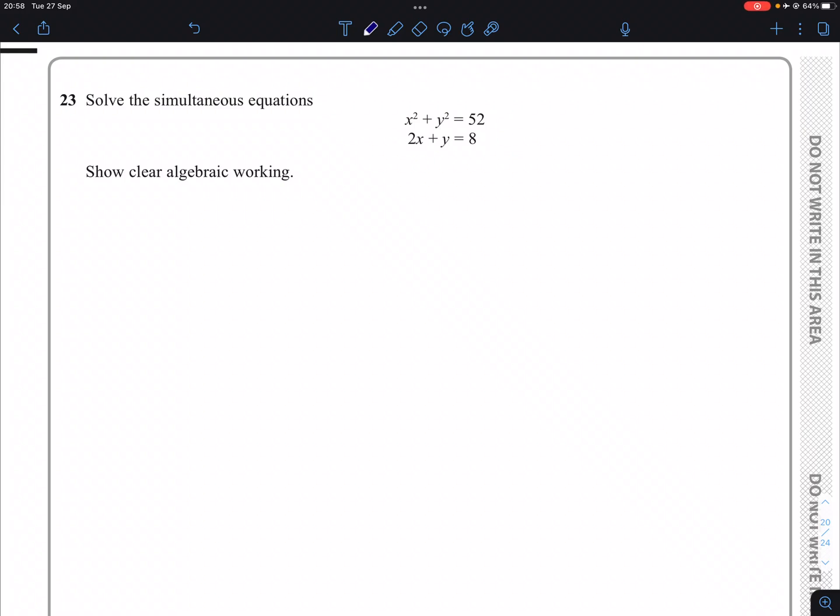Question 23. Solve the simultaneous equations as follows. There are quadratics in here, which means you are not going to be able to do simultaneous equations by elimination. You are going to have to do this by substitution. So, in order to do simultaneous equations by substitution, we first of all write the simpler equation in terms of